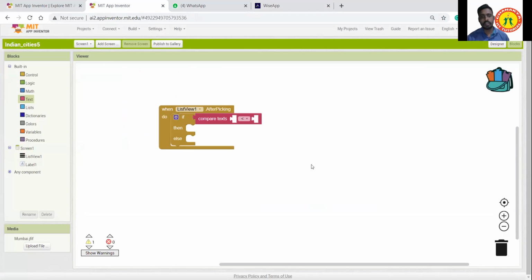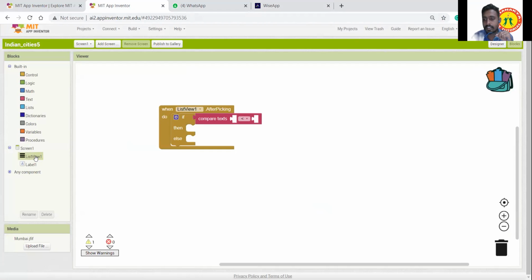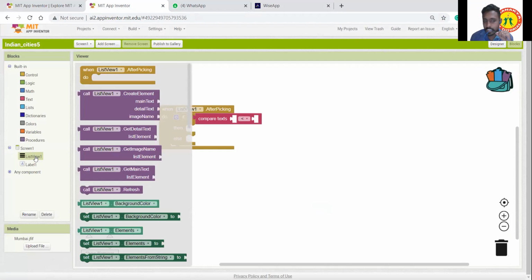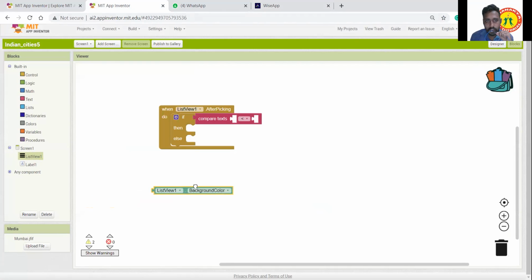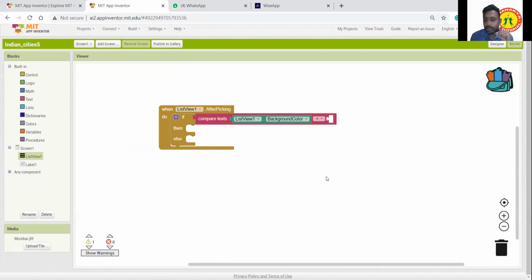Okay. So the next step is to compare the selected text. For this, click list view and take the first one and place it here. It is the green color block, list view 1 background color, but here we don't need this background color.